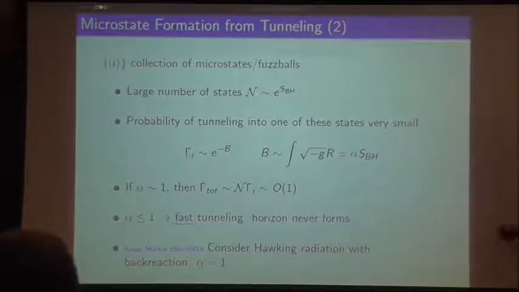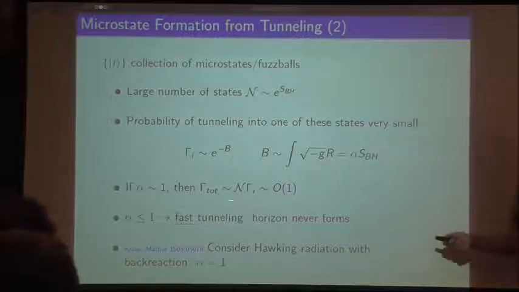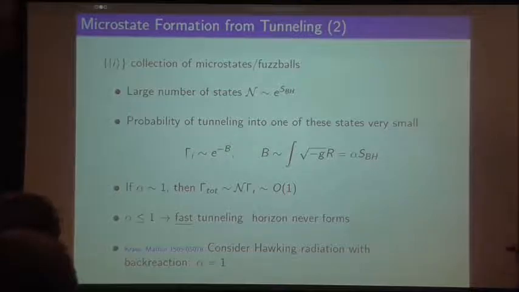So you can kind of estimate, this is sort of hand waving, the average curvature of one of these states is going to be proportional to, let's say, the curvature of the black hole itself. And in that way, you can get that the tunneling probability to one of these states is going to be exponentially small, with the exponent given by some proportionality factor alpha times the entropy of the black hole. And then you see that my total tunneling amplitude is simply this tunneling amplitude for one times n.